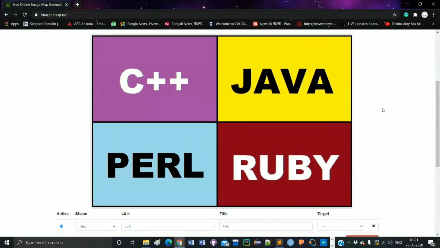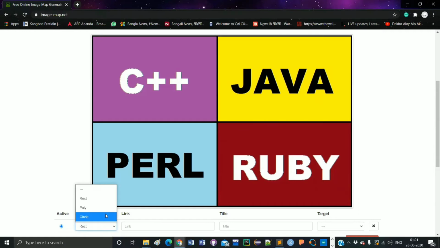Now there are several attributes that are used with this area tag. Those attributes are shape, link, title, and target. You can see here shape, link, then title, and finally target. So these four attributes are used. Now for the shape attribute, there are three different attribute values, and you can set one according to your choice.